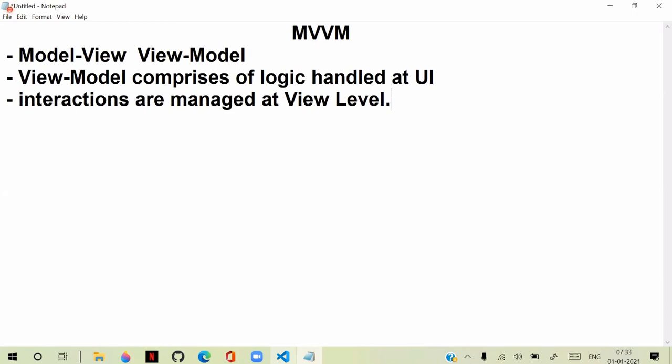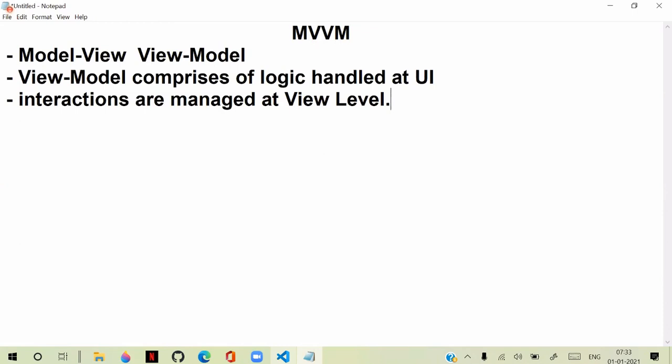So this is good when you are using the inline documentation technique. When you are using the inline documentation technique, only one file is present and everything you want to manage at the UI level, then it is good. So configurations and data are manipulated in the view only.